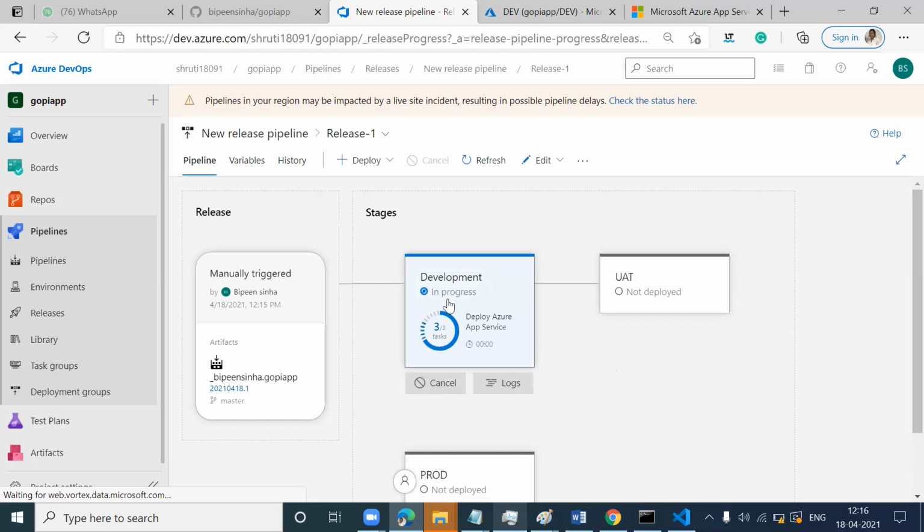It automatically picks up the code. And when the development deployment is successful, it will automatically push that to the UAT app. When UAT is successful, nothing happens, because production will not happen automatically. Production will only happen manually, and that too after approval.